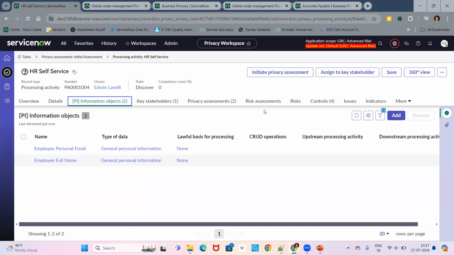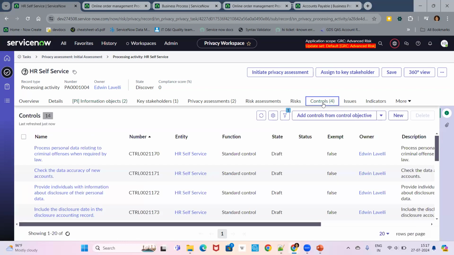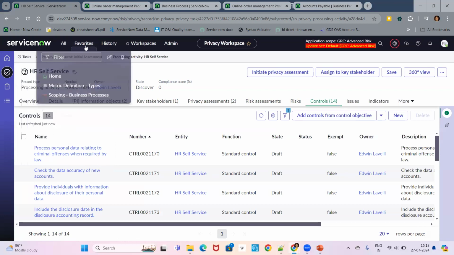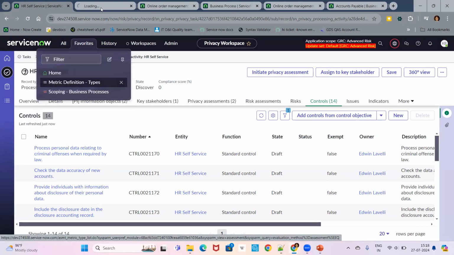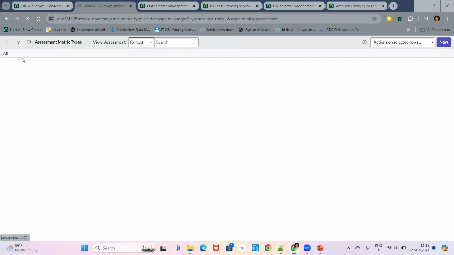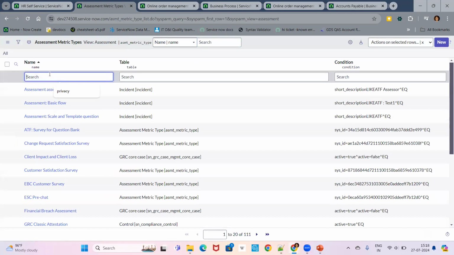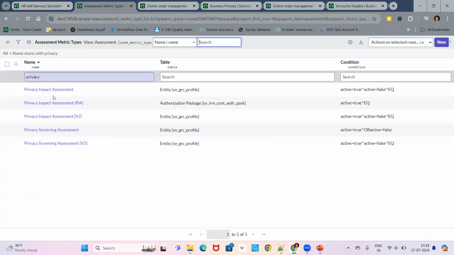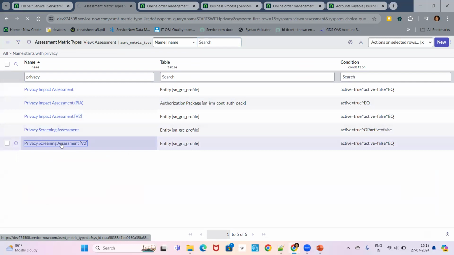And we also have controls which are coming up. So I'll show you briefly how the controls are mapped, and how we can add more controls also. So let me show you. If we go back to your screen, this metric definition type, right? So here, if you see,